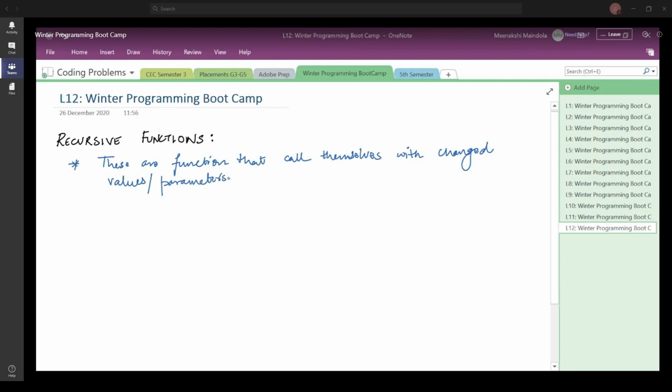Right? So we have defined a particular function, and that function is going to call itself based on different values. The arguments that you pass to that function, when you call itself again from within its body, you can change the parameters, right? And there is another thing, which is that each recursive function is going to have a base case.